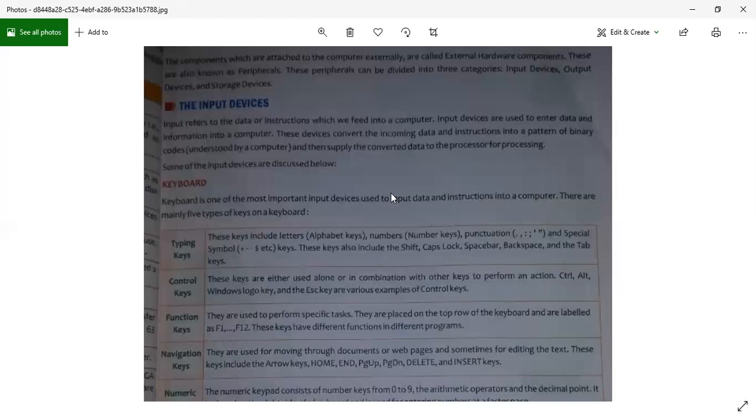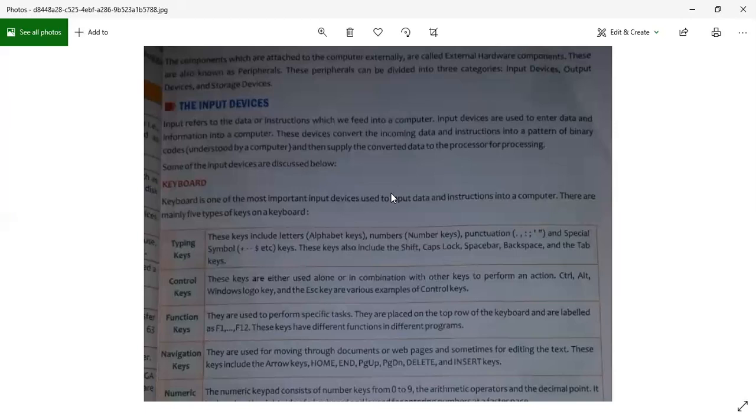Let's go to the next one, function keys. So on the computer keyboard, if you have a look, you have got around 12 function keys. Now what are these? They have printed on them F1, F2, F3, F4 and up to F12. They are used to perform a specific task. Very important. So if I want to run a computer program, when you will be in higher classes, you will press the F5 key. So these are very important.